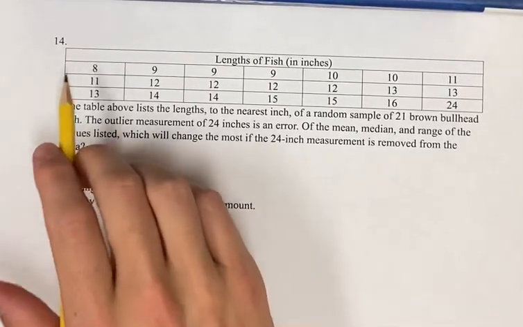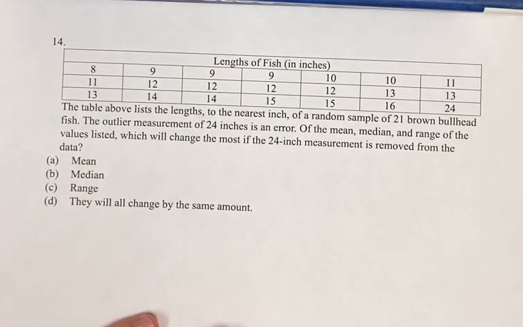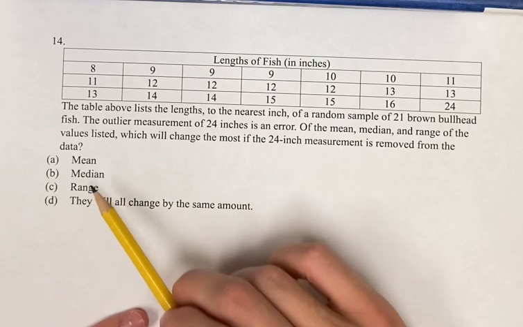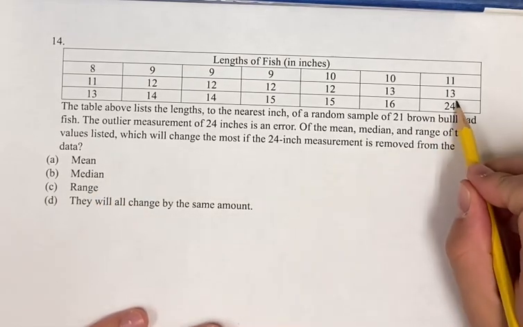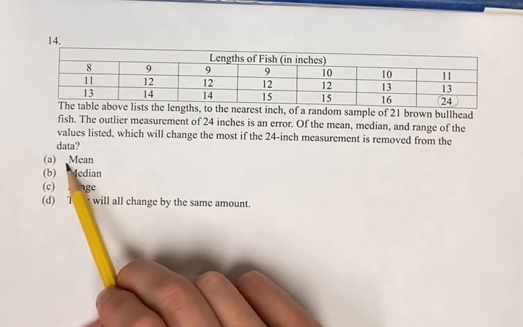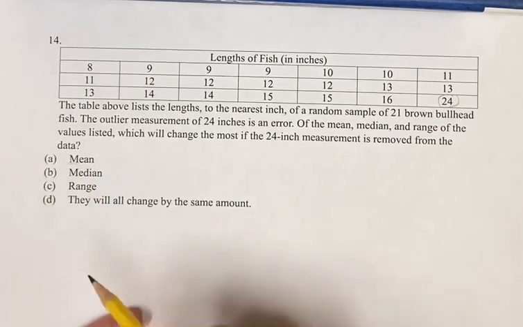In this problem, we're given this set, which is the length of a bunch of fish in inches. And we're asked, of the mean, the median, and the range, which would change the most if we got rid of this fish, the 24-inch fish. So the mean is going to be the most difficult to figure out, but if we just look at the